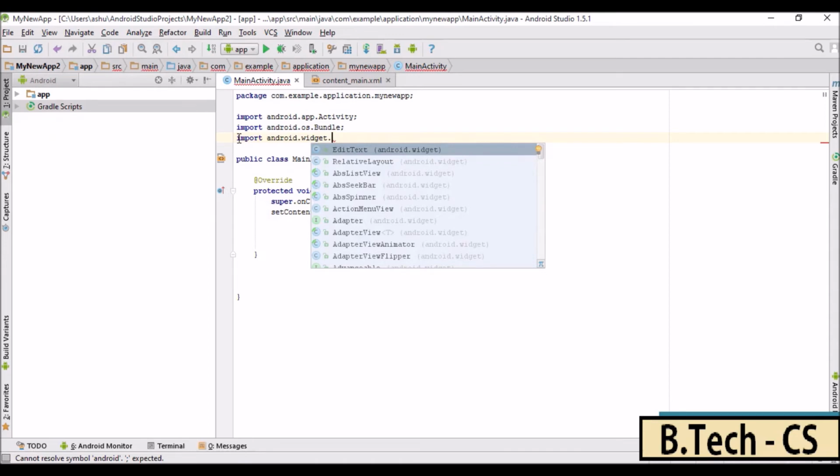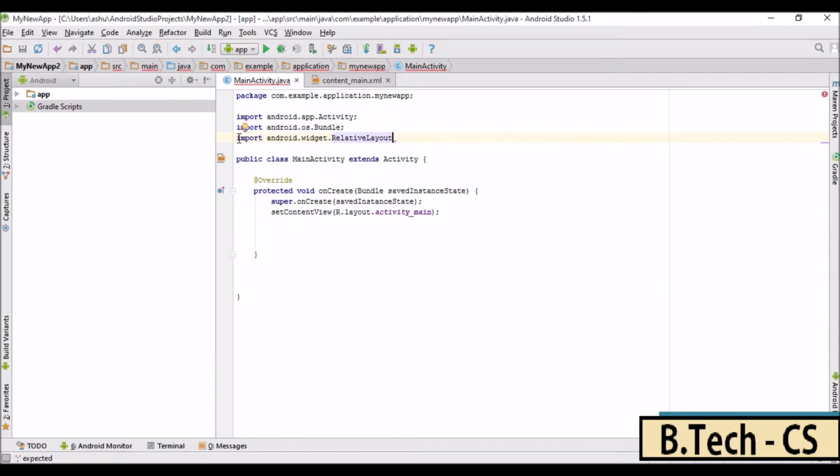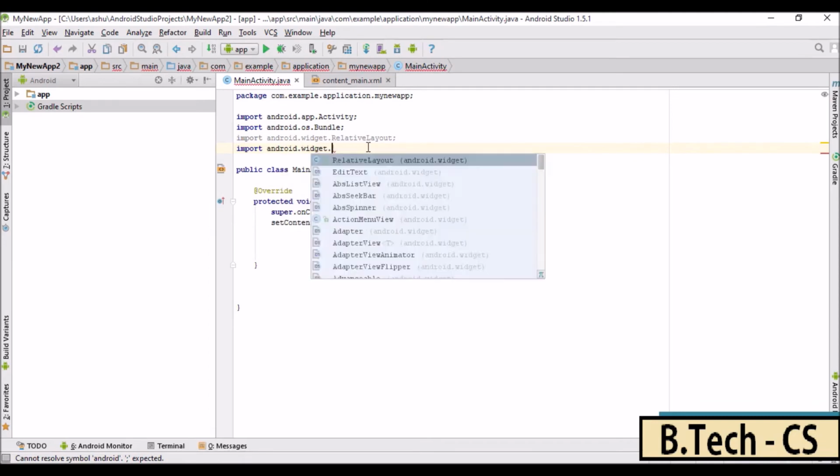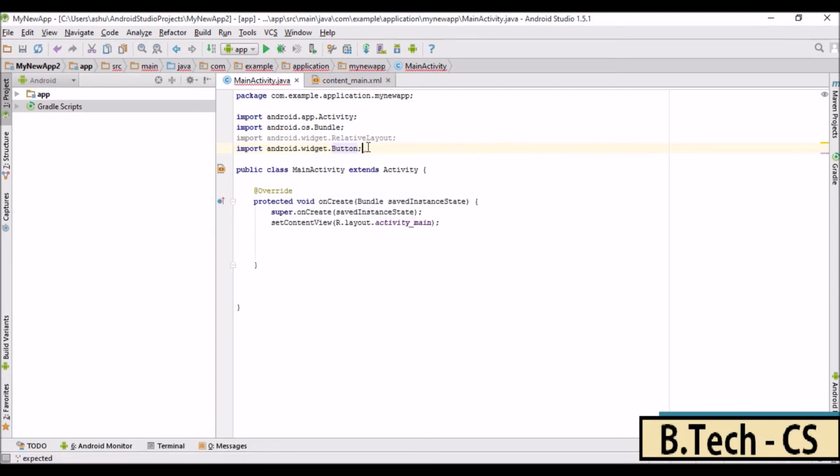So we type android.widget and then dot relative layout, as we'll be using the relative layout. Now once we have imported it successfully, the next thing which we want to do is import a button. Let's say that we want to add a button onto our activity, so we need to import the button. So we type import android dot widget dot button, and it is going to import the button